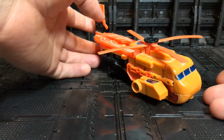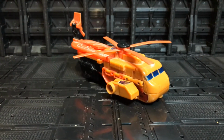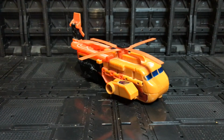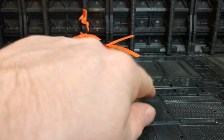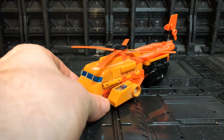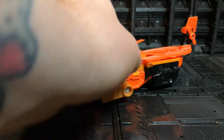Let's take a look at this helicopter then. Definitely my favourite mode in this. This is kind of how I display him. I think this is still a really cool looking helicopter mode, much better than the car mode itself. Actually, everything's held up fairly well on here. Some of the stickering detailing is a bit sketchy, but all in all, the